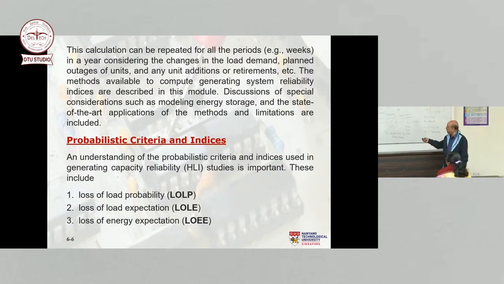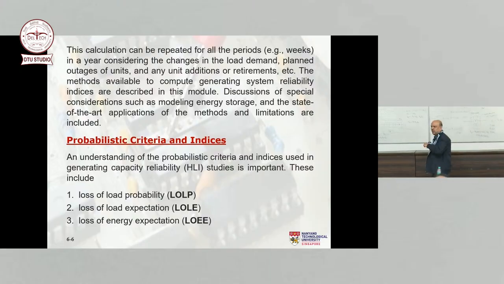So some of the most popular indices are these two, loss of load probability and loss of load expectation. So what is the loss of load probability? You look at those words, loss of load probability. So it's the probability of loss of load. Nice and easy. So whenever there is load cut or whenever there is loss of load, what is the probability that that will happen? That's called LOLP. It's a probability. So I tell you LOLP is 0.9 and you say, what the heck is that? It's a probability. So the disadvantage of this probability is that